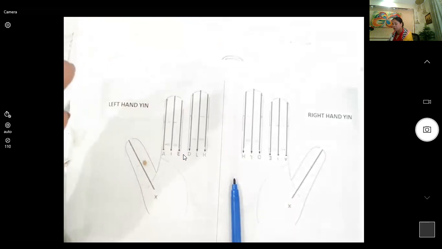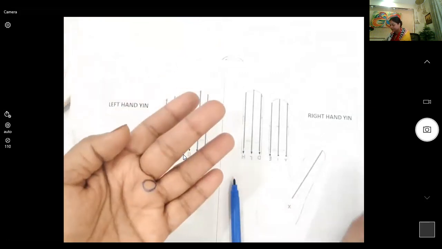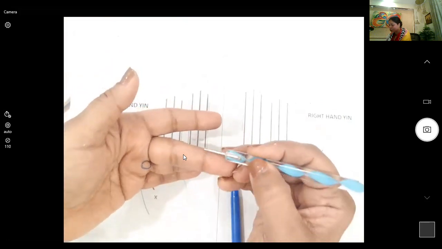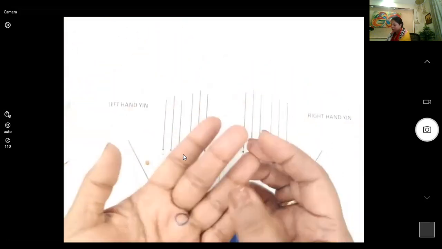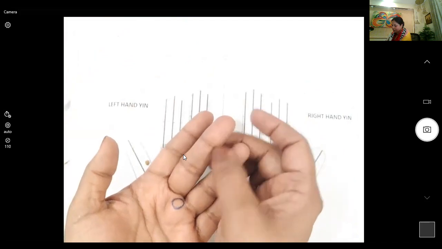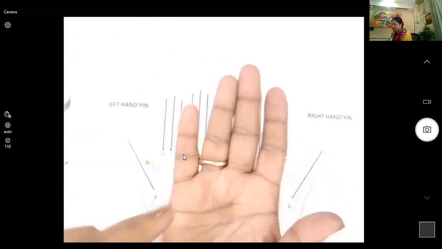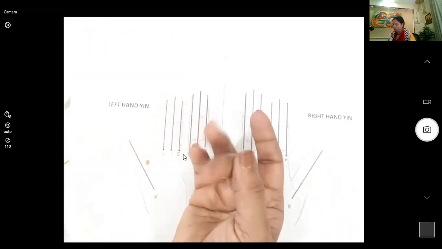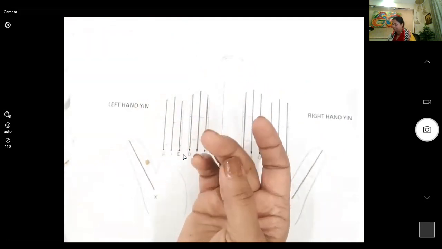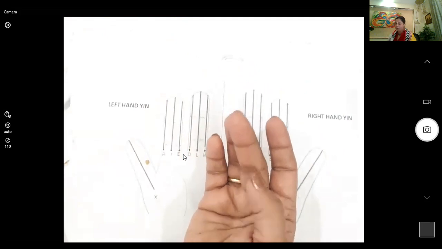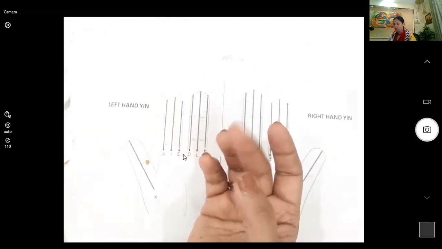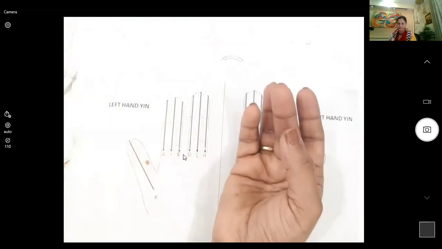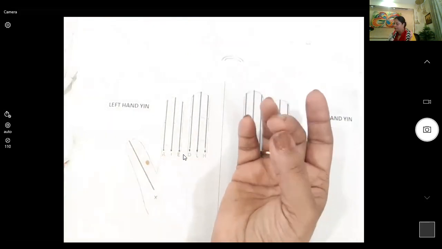And then according to tri-origin, this joint is kidney organ joint. So if you're fixing seeds on kidney meridian in this hand and on this hand, this is your kidney tri-origin joint. You can cover this joint with the seed and you can tell your patient to do this pressure massage from time to time. And in your meditation, you should remember that this is kidney joint.